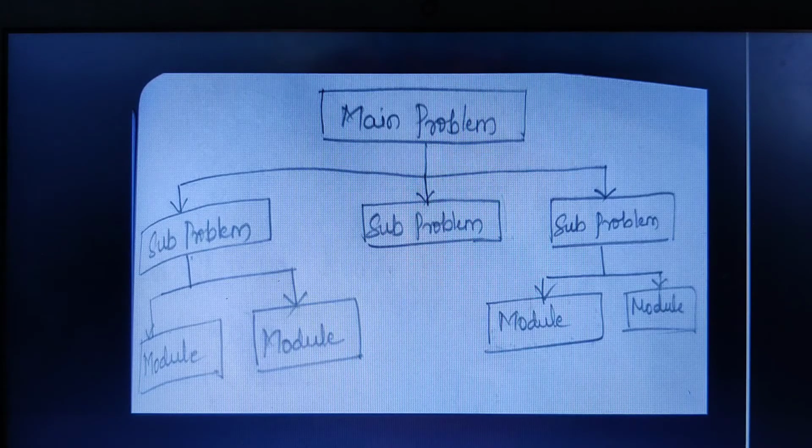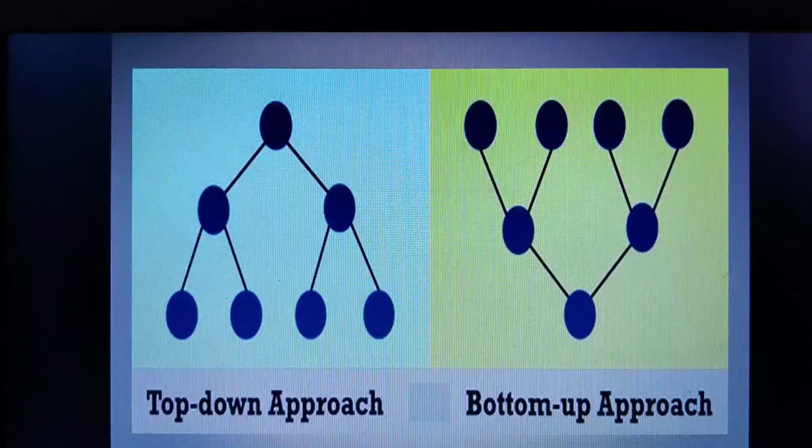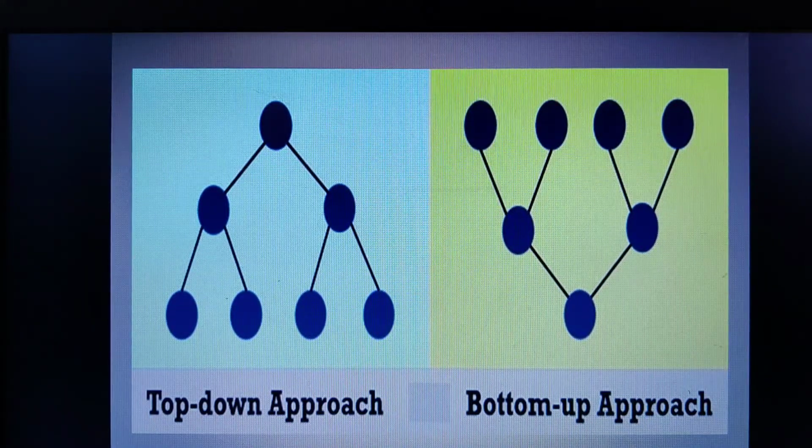Moving on to the next approach, the bottom-up approach. Before we begin, let us recall the top-down approach, where the main program is divided into subprograms, and subprograms are further divided into smaller subprograms until we reach the optimal solution. But look at the bottom-up approach. It is exactly the reverse of the top-down approach.